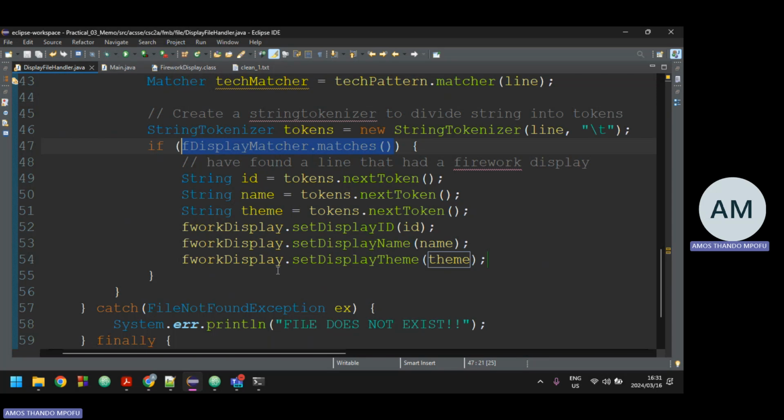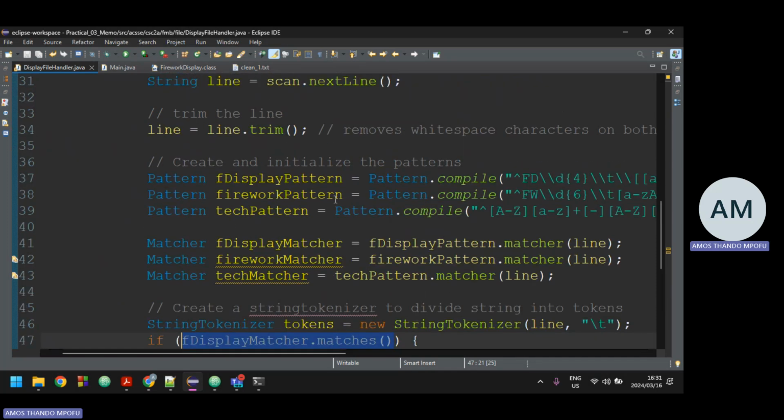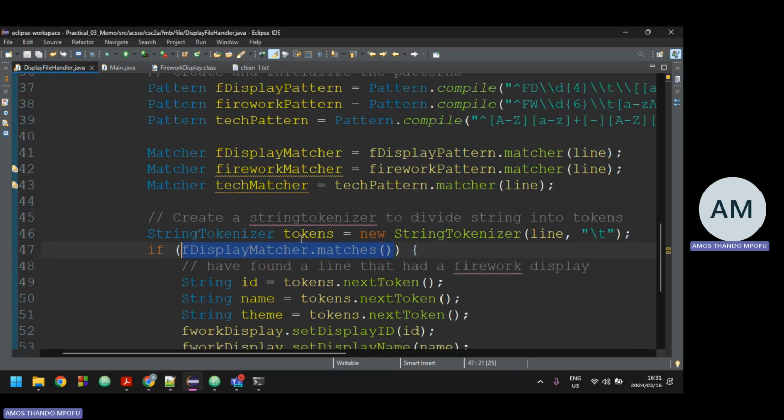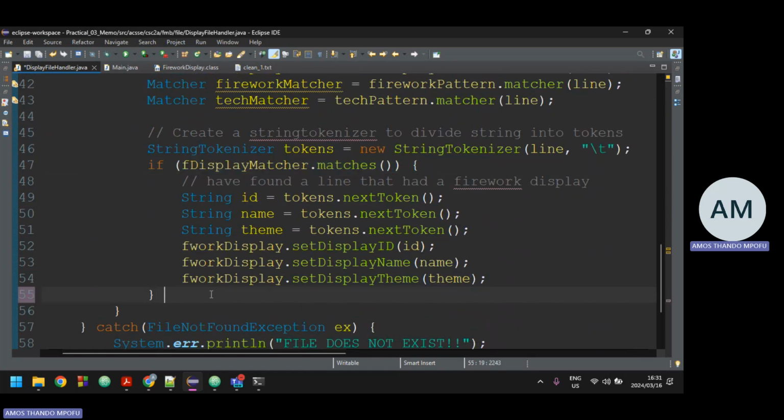So let's see. If it matches, and remember that it should be at least one of the lines. All the patterns can't match for the same line. That's what I'm trying to say. So I have to create if and else if statements. If I have if and else if, it means that at least one of these conditions needs to be true. If I do separate if statements, it means I'm checking all of them for every single line,